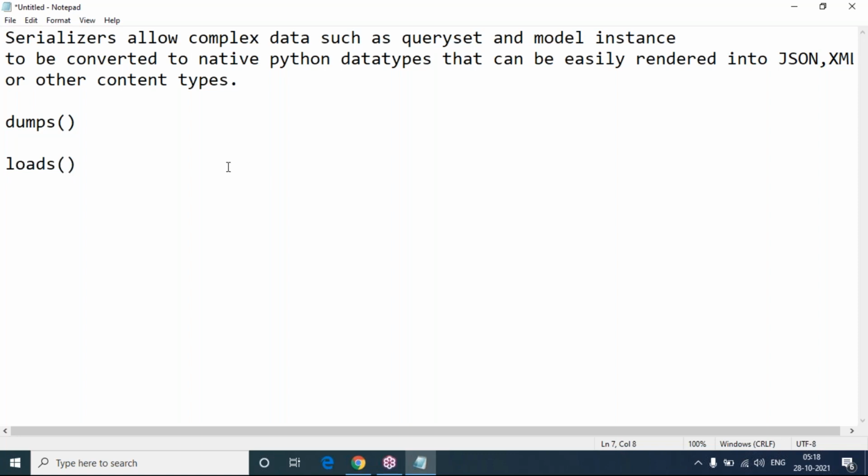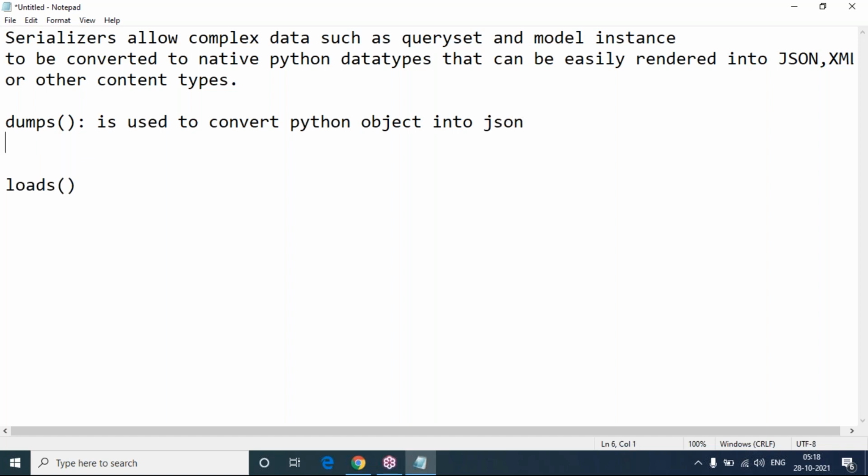So what is the use of the dumps method? This method is used to convert a Python object into JSON. And the loads method is used to convert JSON, JavaScript Object Notation, into a Python object.